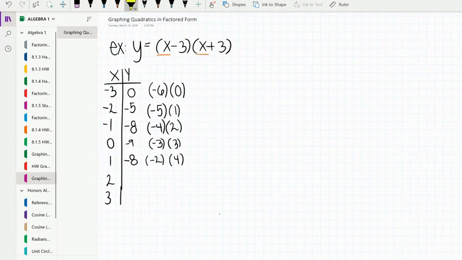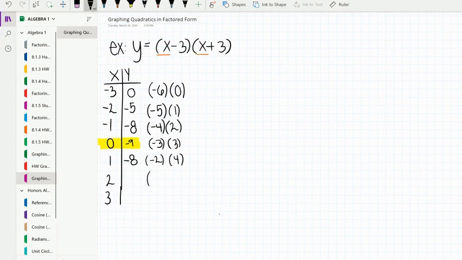So again, what we just found right here is our vertex. And the reason that we can tell that is because it starts being symmetric about the vertex. So it goes -8, -9, -8. So we can kind of guess what 2 will be, but just in case we don't see it yet,